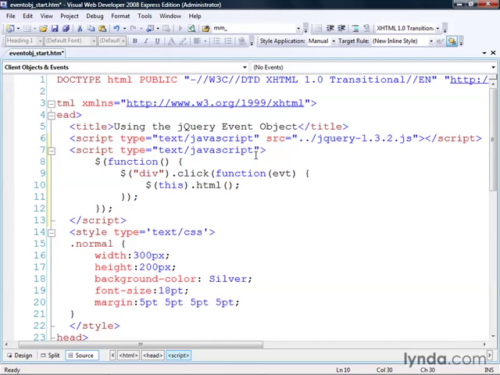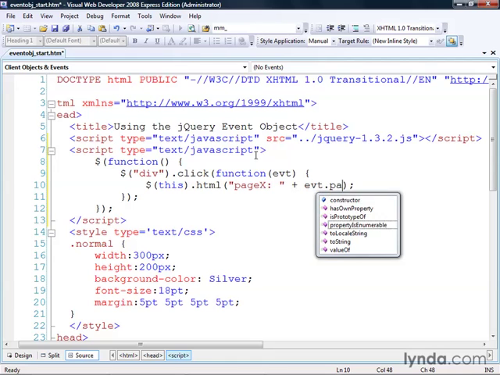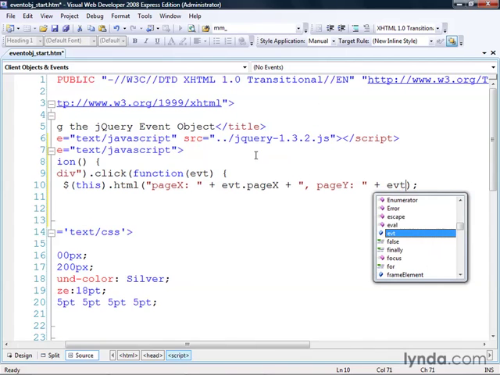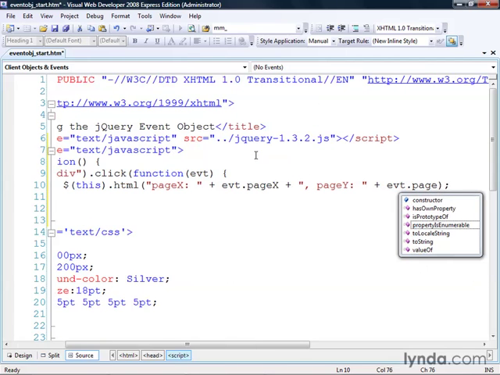So for example, we'll say pageX was, and that will be event.pageX, plus pageY, and that will be event.pageY,